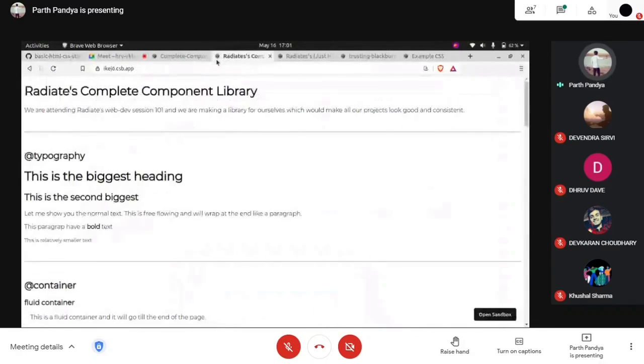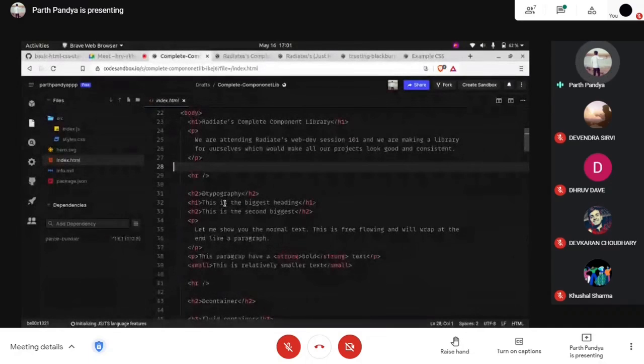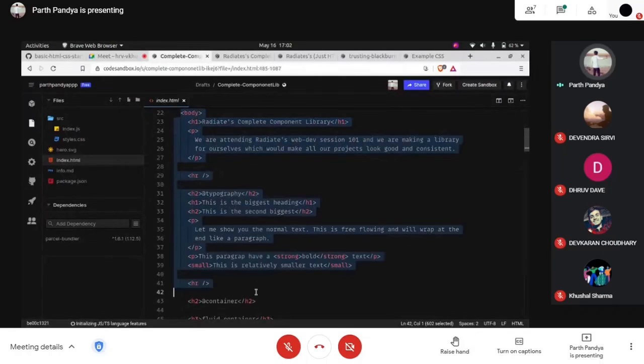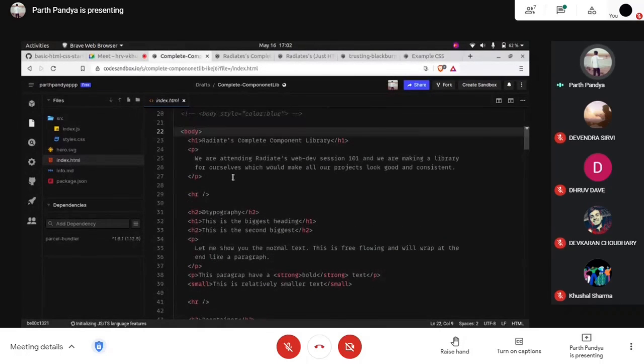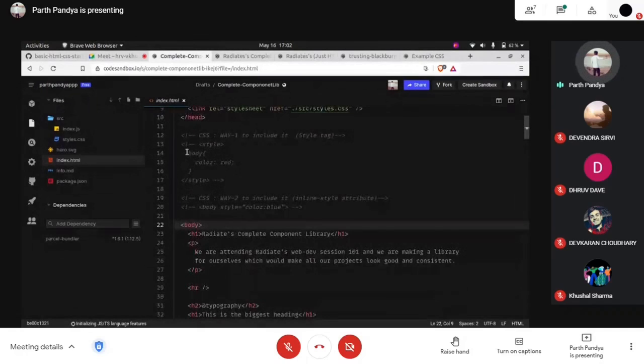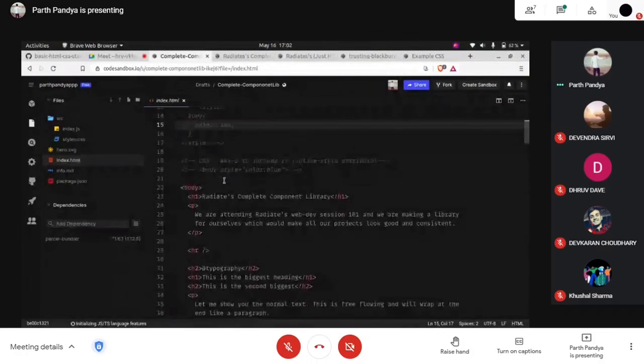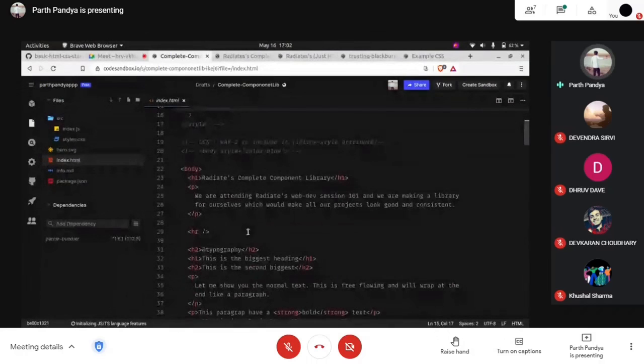There are generally three types of CSS selectors. CSS selectors are what we actually want to style. Obviously we want to style these HTML tags, but there are three ways to do that. We can directly target the HTML element, like we did in this style. We directly targeted the body element and changed the color to red. By targeting body we changed the color to red. Now we also have two more ways.